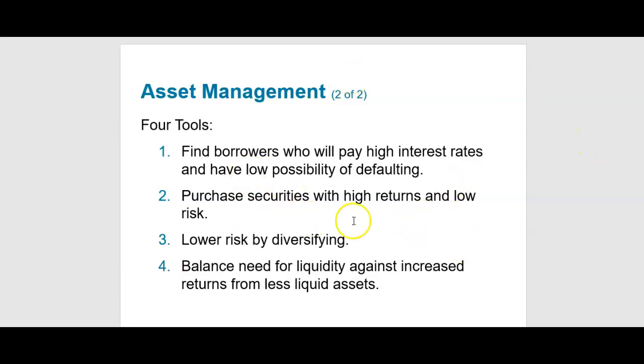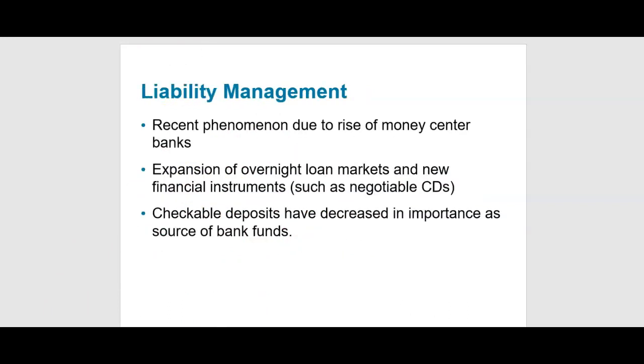Keep in mind in here, in order to lower the possibility of default, we are dealing with the two problems that we discussed last week, the adverse selection and the moral hazard. The tools that we use in here are all of the restrictive covenants that we had for the borrowing agreement that we discussed.